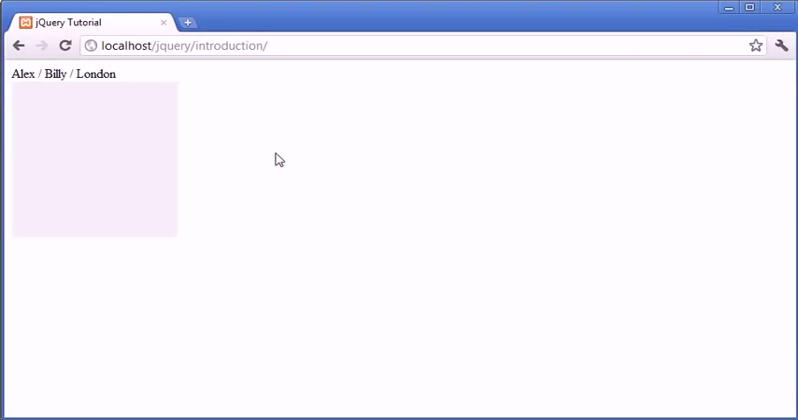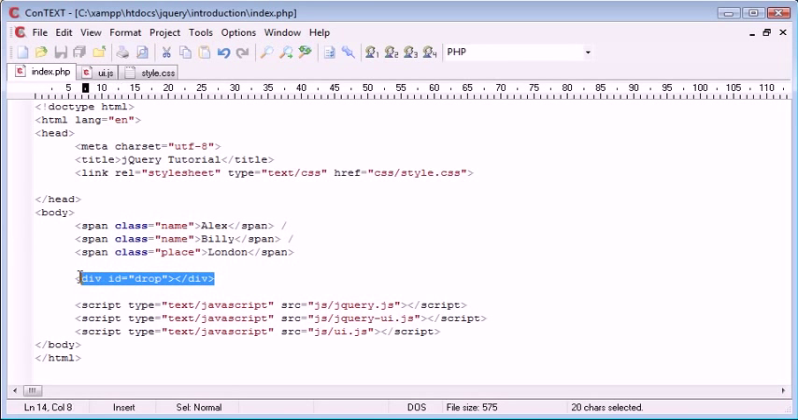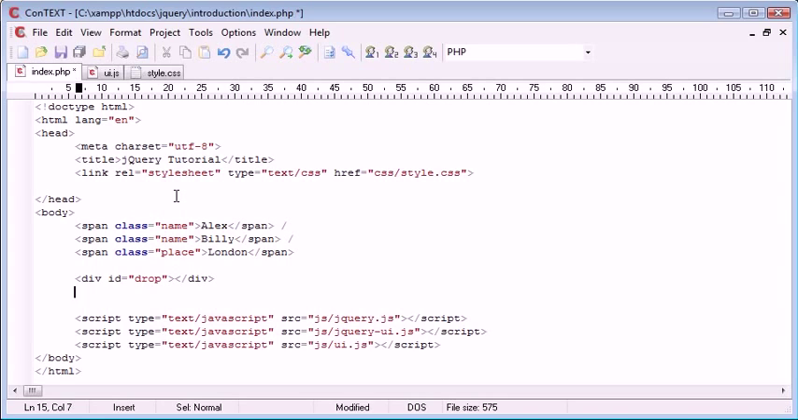Now you might be wondering why we do this. Let's just say you had particular elements you wanted in particular boxes. For example, you might have another div next to this one,